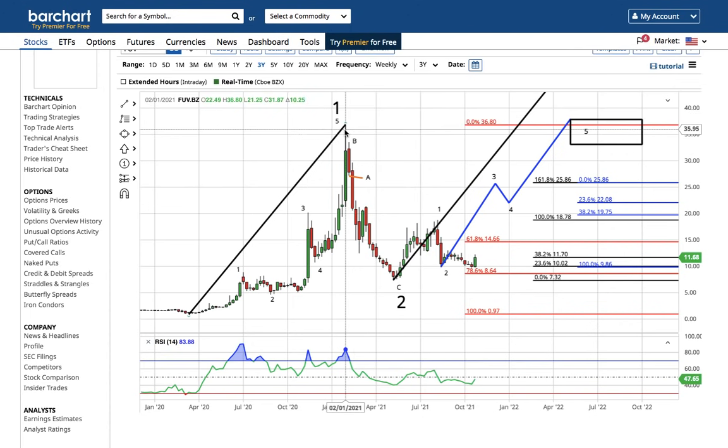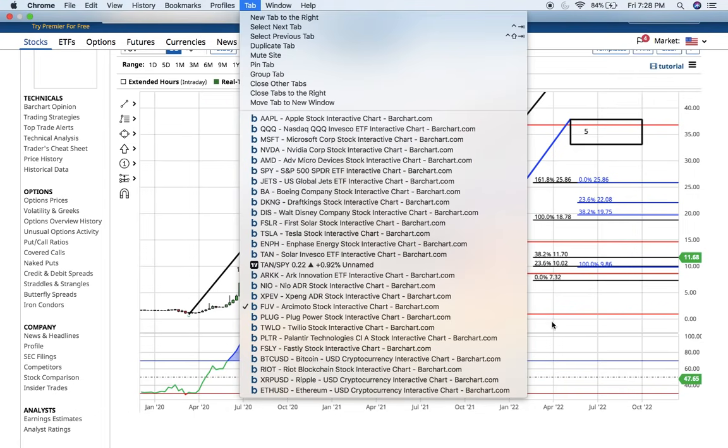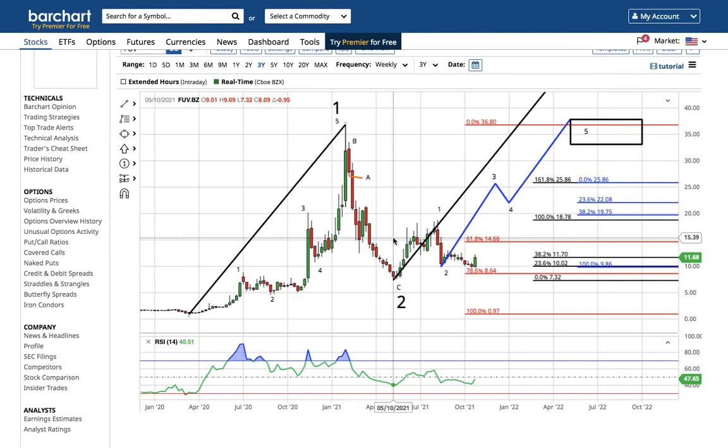Right? If we're above this wave one high, and XPEV is getting close to this wave one high. The more electric vehicles that break above these wave one highs, the more you're going to start to think that big tech in the 2000s and electric vehicles and clean energy stocks could have a lot more in common than we think. For now, if Acromoto is above this wave 2 low on the larger degree of 7.32,